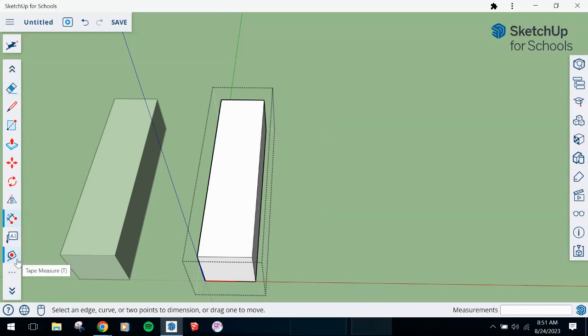So the keyboard shortcut for tape measure tool is T. So you can select the tape measure tool, or you can press T on your keyboard. So the tape measure tool will measure the distance between points. If you click on a corner and then on another corner, it'll tell you, as you can see there, 3/4 of an inch, right? If you click on a corner and then come down an edge,